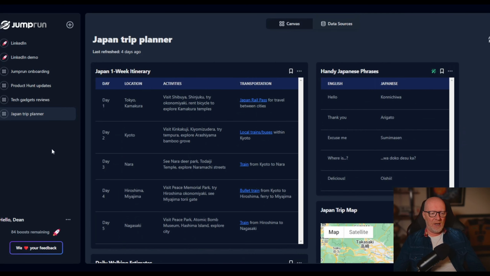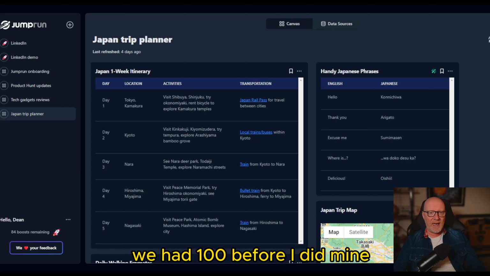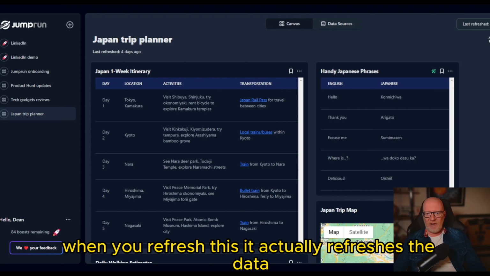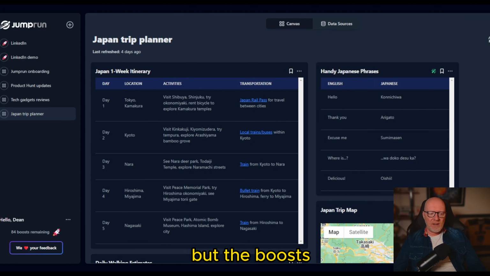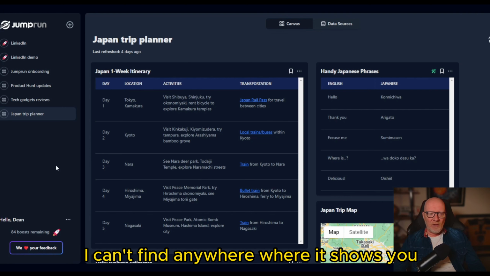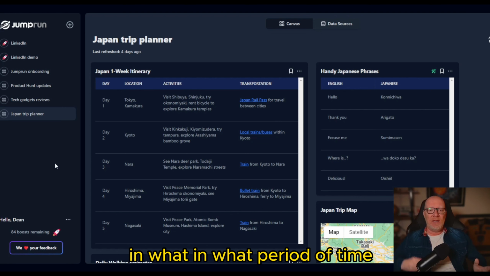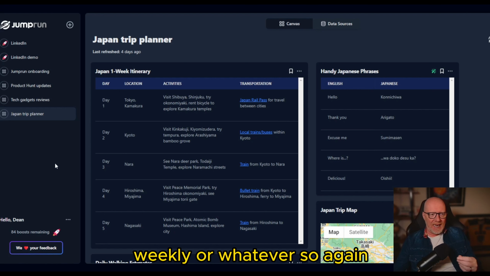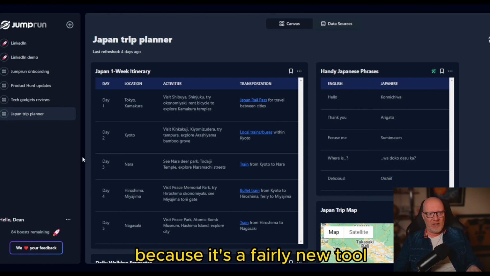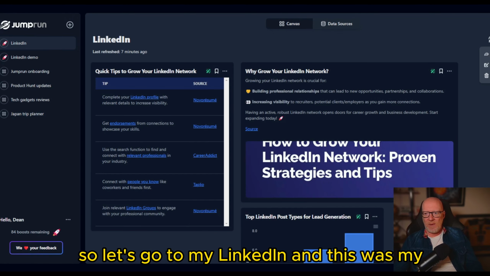So pretty good. Just before I show you mine, what I did on LinkedIn, we've got 84 boosts remaining here. I had 100 at the start before I did mine. When you refresh this, it actually refreshes the data, which again, I'll show you on mine. But the boosts, I can't find anywhere where it shows you where the 100 boosts run out, in what period of time. So I don't know whether that's monthly, weekly, or whatever. So again, there's very little information like this out there because it's a fairly new tool. So let's go to my LinkedIn, and this was my